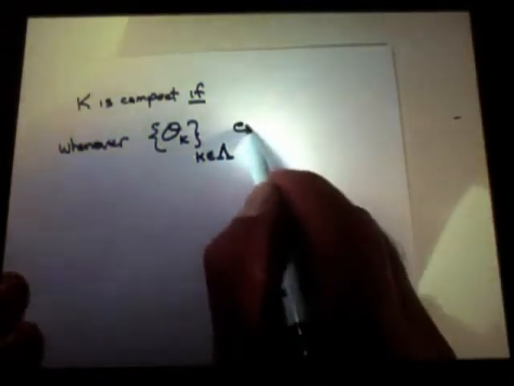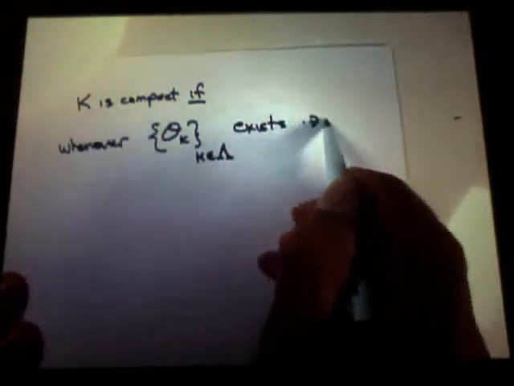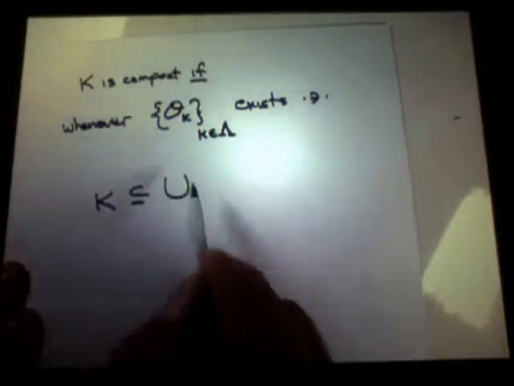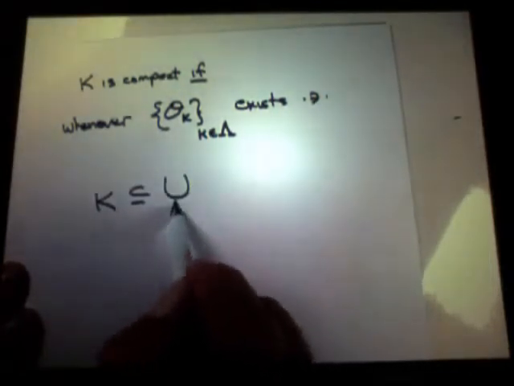It does not necessarily have to be countable. In fact, when we prove Lindelöf's theorem, our index set will not be countable. So I have potentially some gigantic collection of open sets. So if I have a bunch of those open sets and K is contained inside their union,